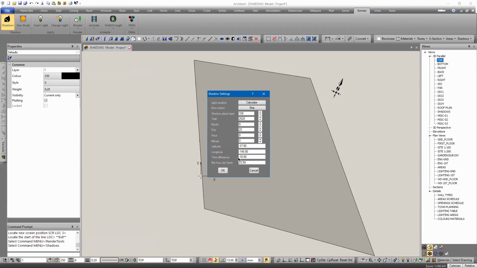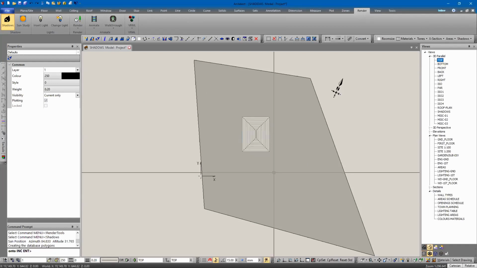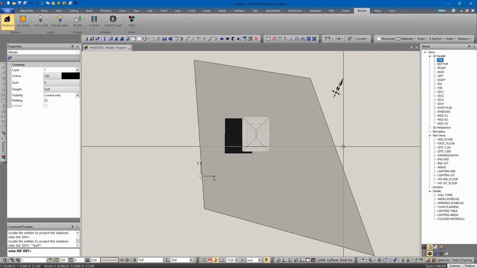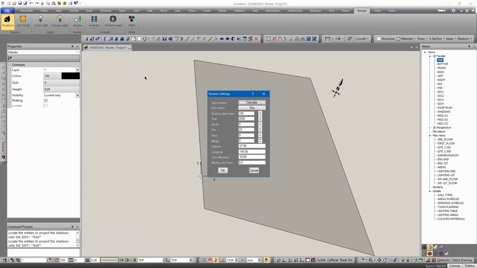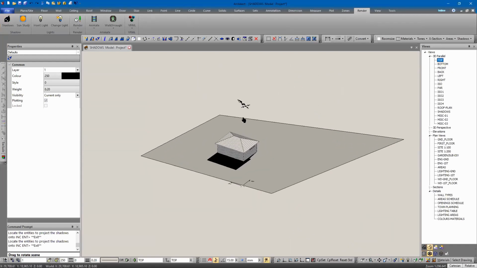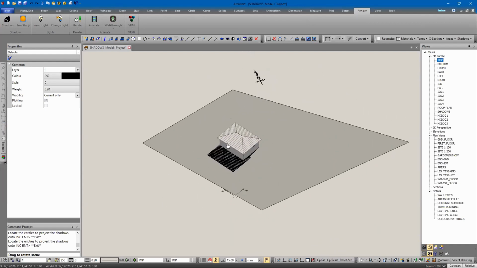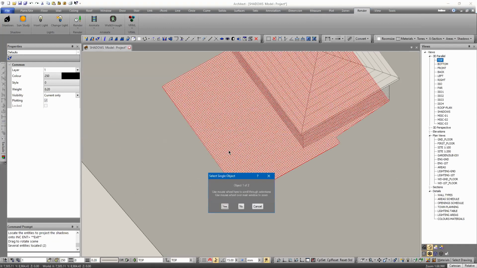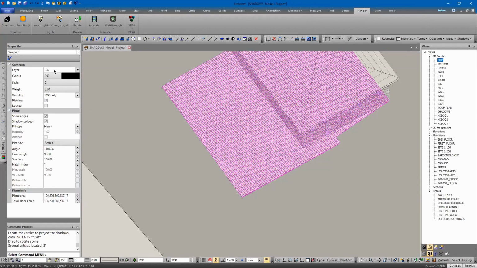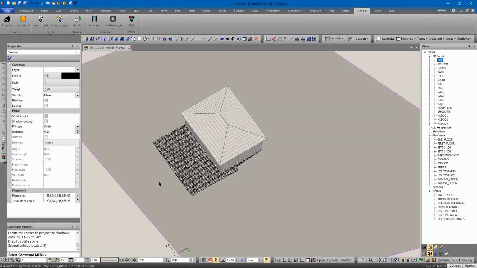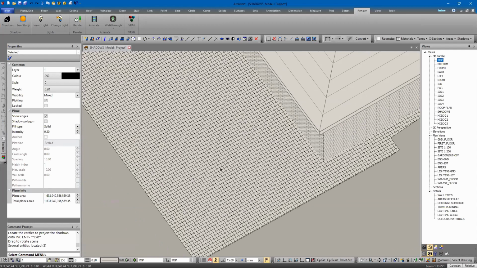Whatever that figure was. Okay, and just select the plane that I want to cast the shadows onto, and it casts the shadows. So if you have a look at that, all it's done is projected it straight onto that plane. The color of that, as I said, so our layer is 108, color is 250. That's because the plane that we're projecting onto is 250, and it comes up with this lovely